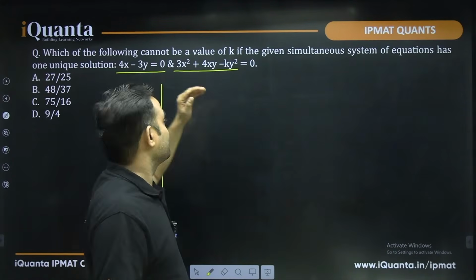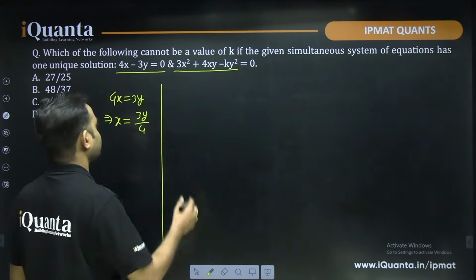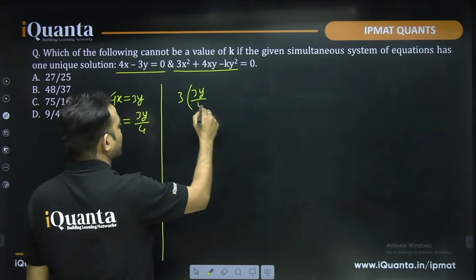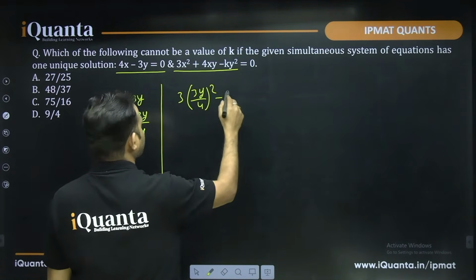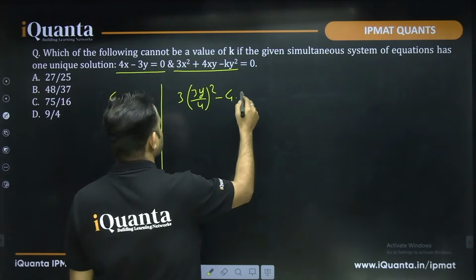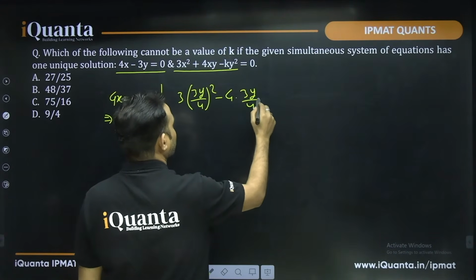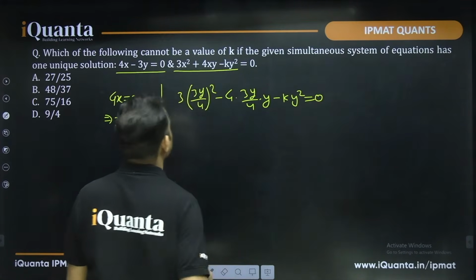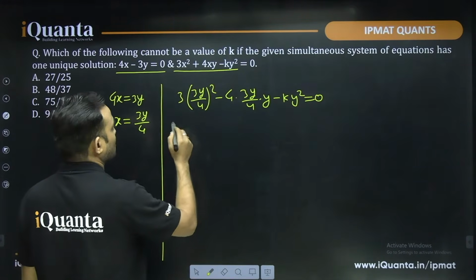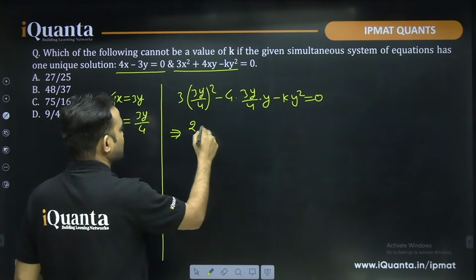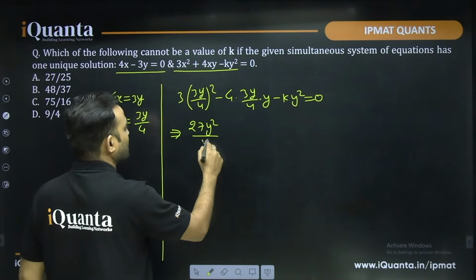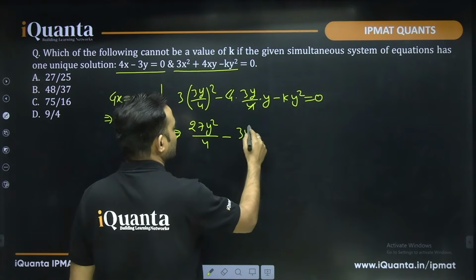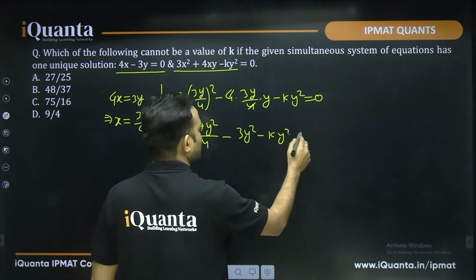Then if we take the condition here, 3 times 3y by 4 whole square minus 4 into 3y by 4 into y minus ky square is equal to 0, or this will become 27y square upon 4 minus 4 cancelled out, 3y square minus ky square is equal